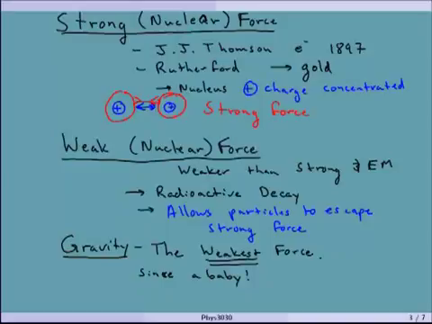Now, if you actually tried to work against the electromagnetic force straight up, you would probably get a pretty big jolt of electricity. Now, there's electricity running in our bodies, and it's really weak, and it took us a long time to figure it out. But it's because gravity is so weak that we can stand up. I can jump in the air against gravity. It is much, much weaker. We'll talk a little bit more about that as well. So that's just a quick general overview of the different kinds of forces.